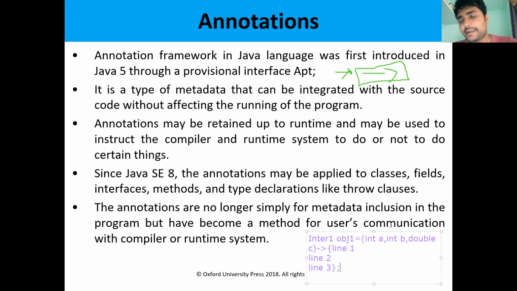The entire lambda function can be assigned to an object. The object is of type some interface, or any class. You can have the class name or interface name here. In general, we have class name, object name is equal to new class name. That is the syntax. If you want to define the method whenever you require, we will use the lambda functions. So this is the syntax for using the lambda function. Is everyone clear about the lambda function?